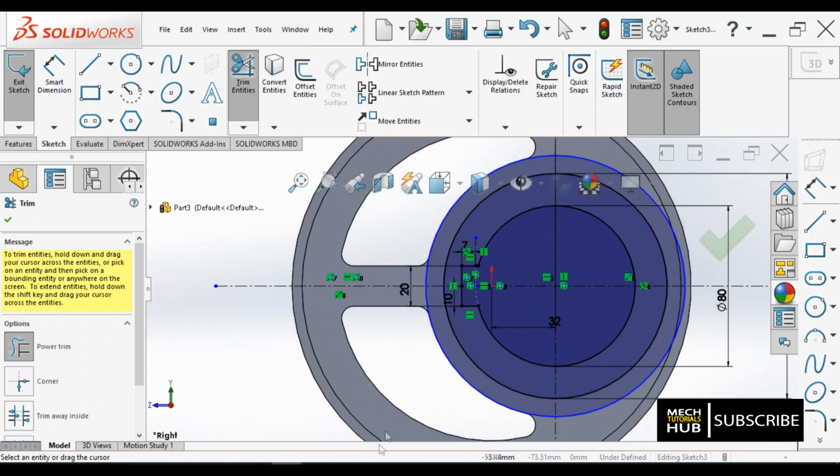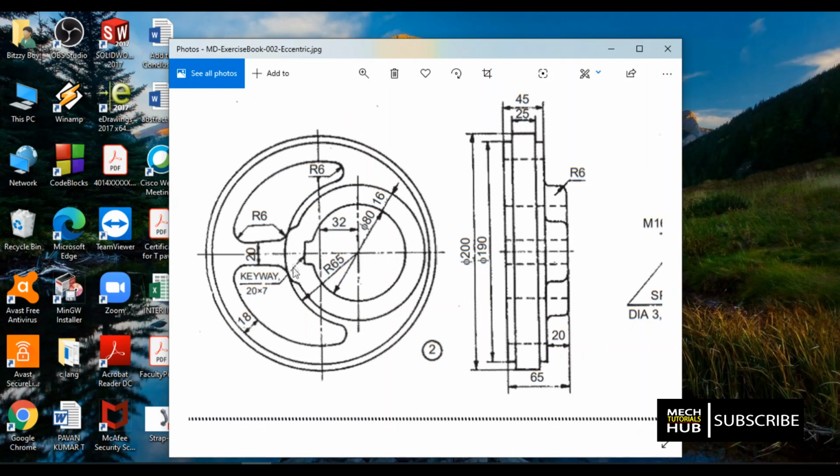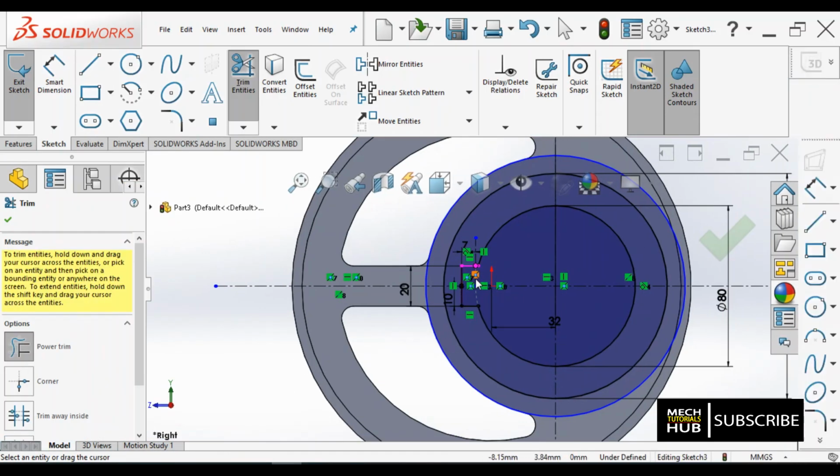Alright, now let me check. Alright, we need to check the next keyway dimension, but here it is not specified. What we try to do is conventionally we'll try to represent it. Okay, that we can do.